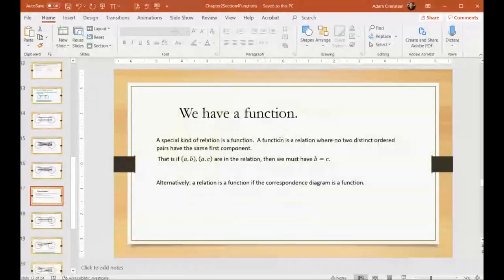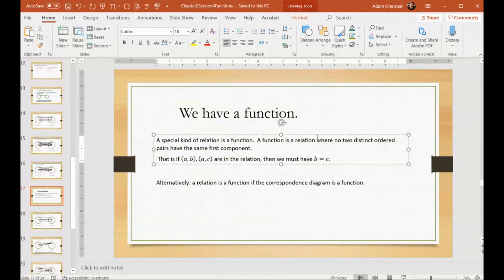Hold on. Something here is driving me nuts. Fix that wording. There we go. That's better. Sorry, that was driving me nuts. I had to fix that. Oh my